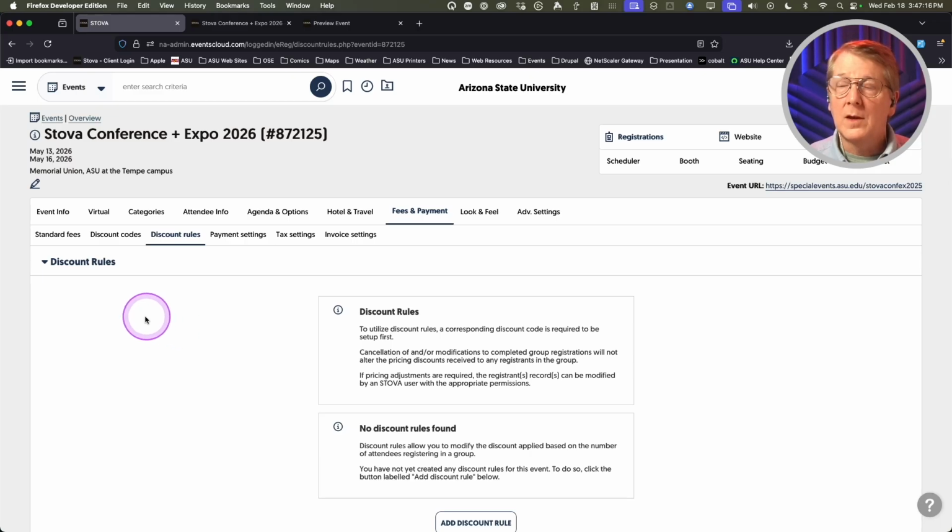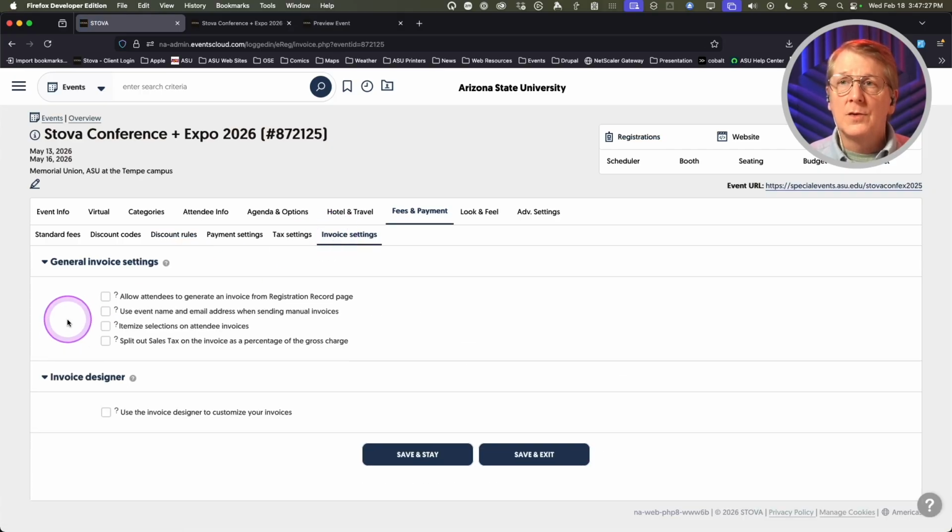Okay. We've already talked about payment settings. Tax settings, at ASU, we really don't need to worry about that. We do talk about invoices. So there is an invoice by default in the system and a design of it. I don't have an example of it open at the moment, but you can also customize and create your own invoice